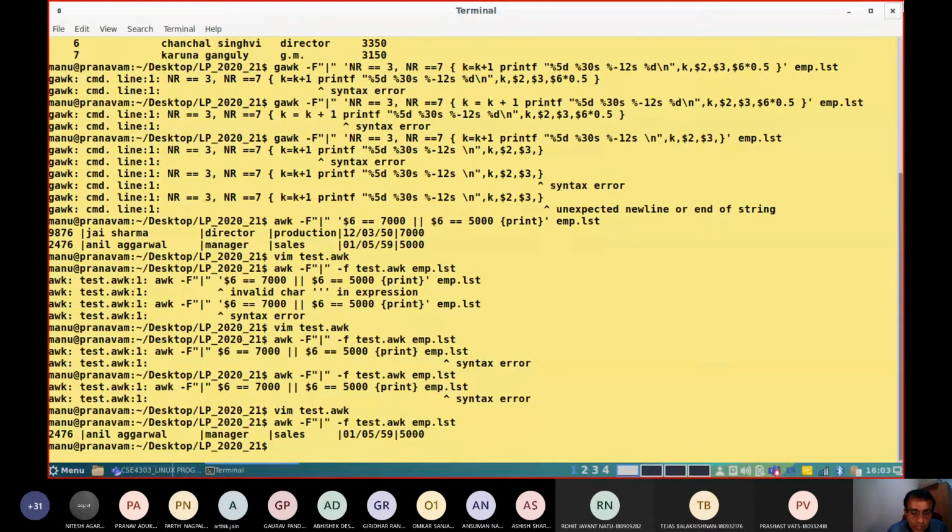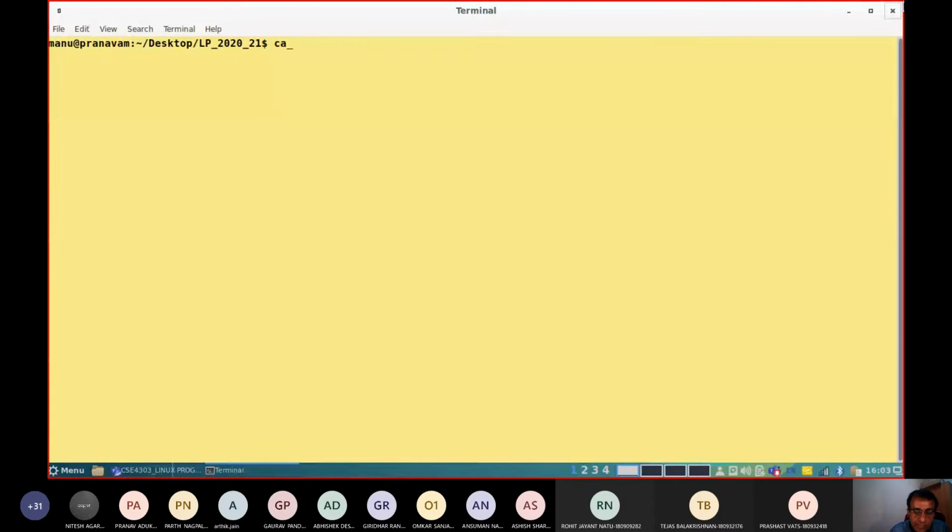Yes. See now, we can use a -f option with AWK also. So now, for example, look into my file. We created one data file. Look into the format here.